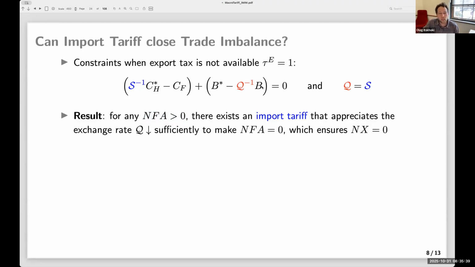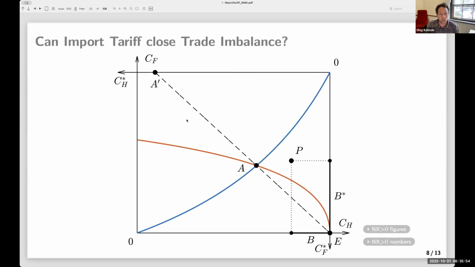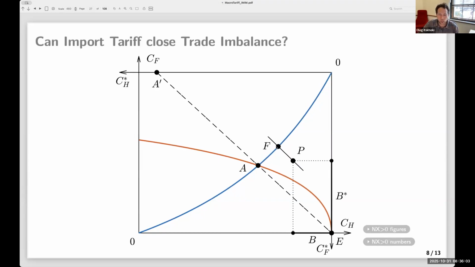And the US has a lot of liabilities that are dollar-like liabilities, right? So the US has a lot of B-star assets and a lot of liabilities, and on net it allows it to sustain a persistent trade deficit. So now this is the point from which the US starts. It's outside the red line, so it means that it can sustain a trade deficit, meaning that the free trade equilibrium will be above the balanced trade free equilibrium, so it would be here in favor of the US.